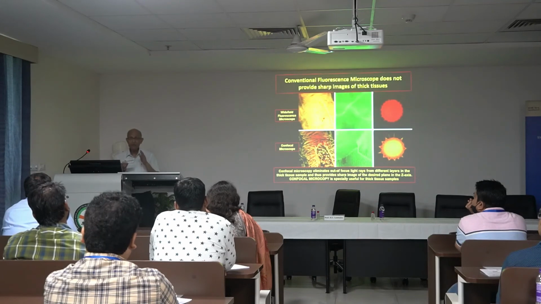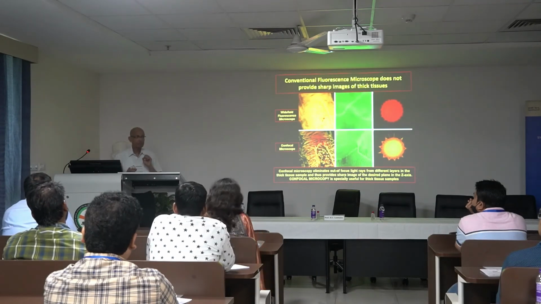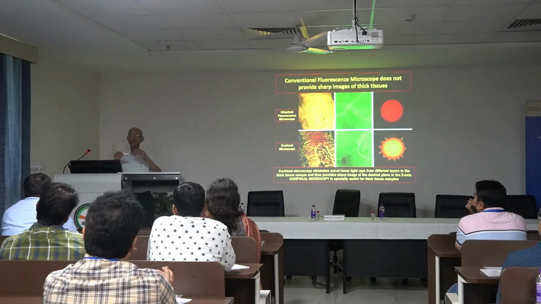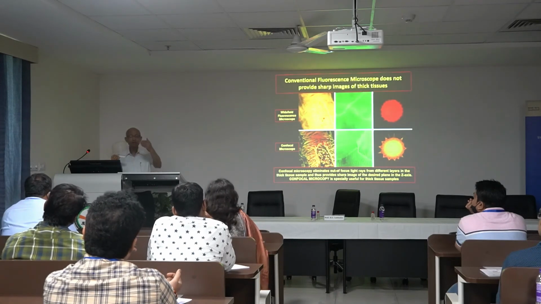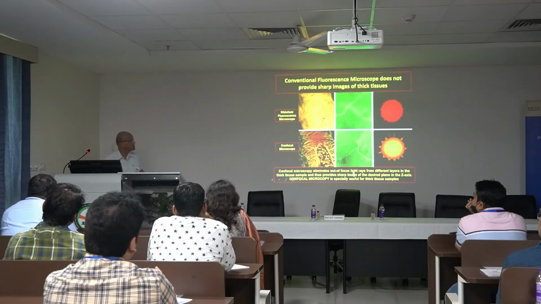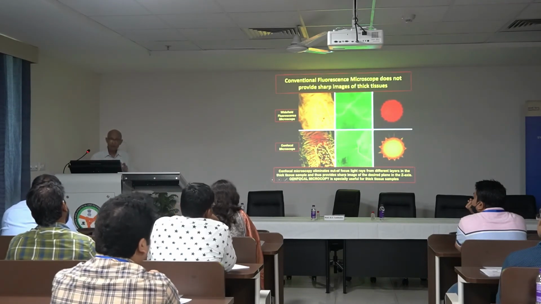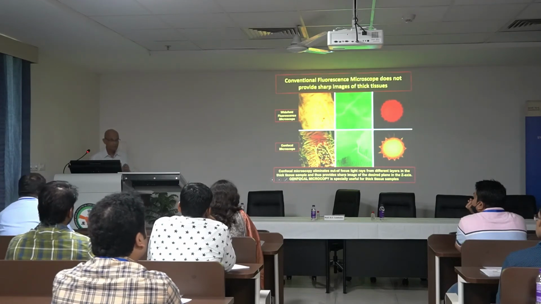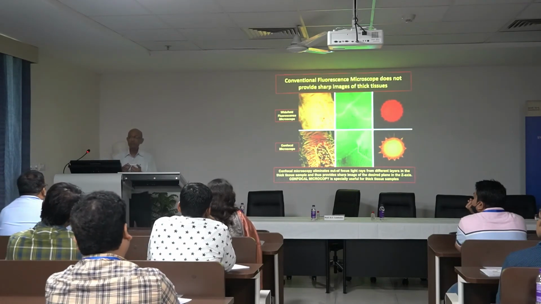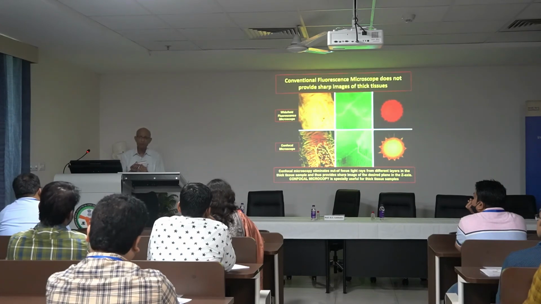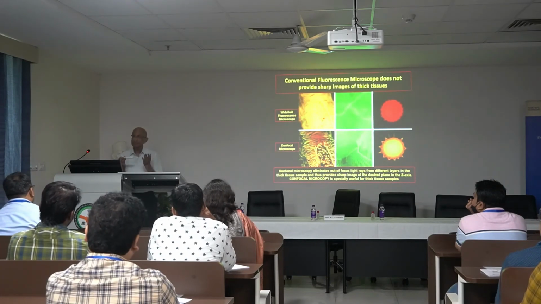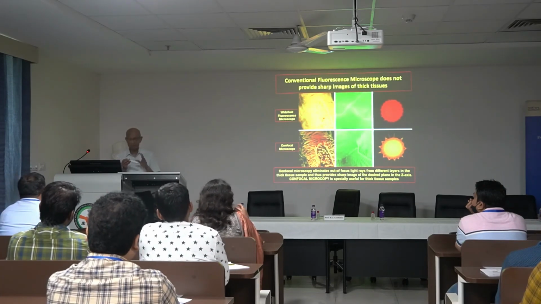In bright field, it may not make so much of a difference, but in fluorescence, against a dark background, bright light is coming in, and that gives this kind of blurred image over a sharper image. And what confocal does is it has a system whereby each plane can be focused, and thereby can build up the image. So this is a digital building up that happens.